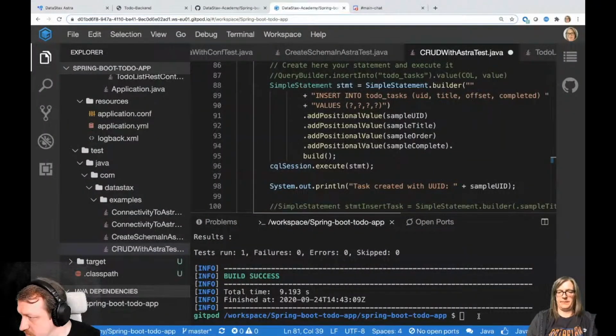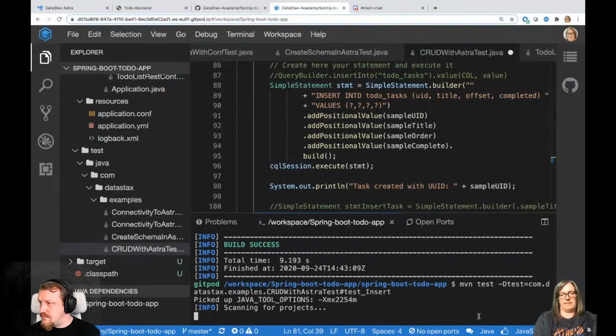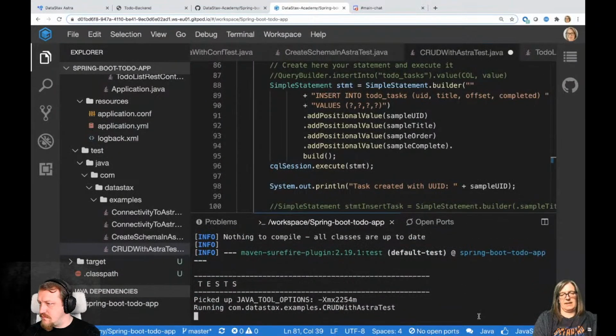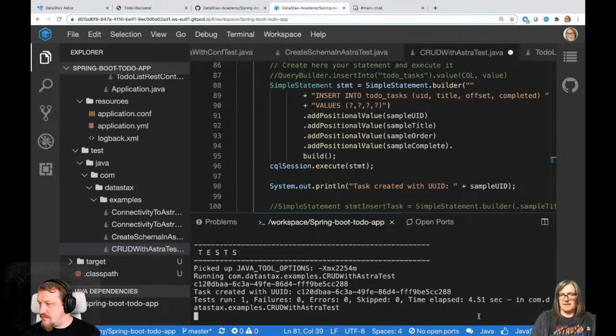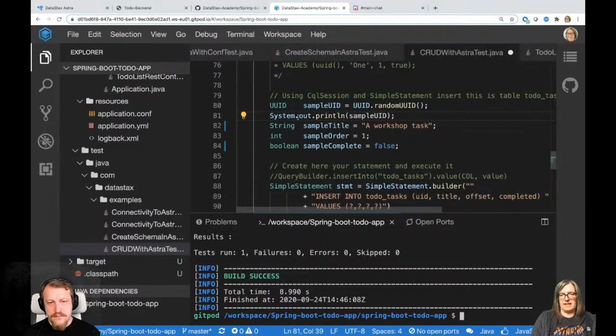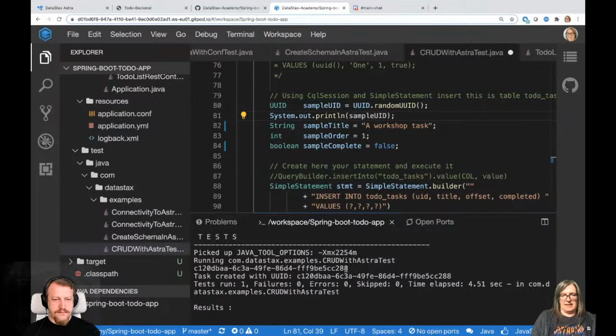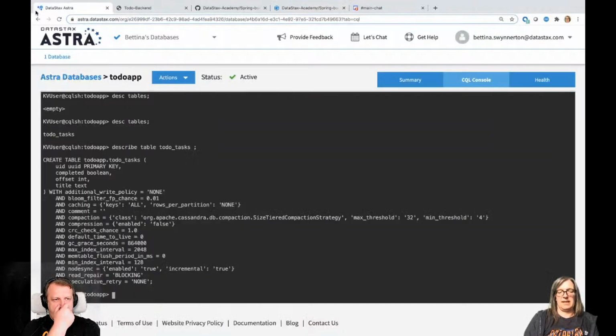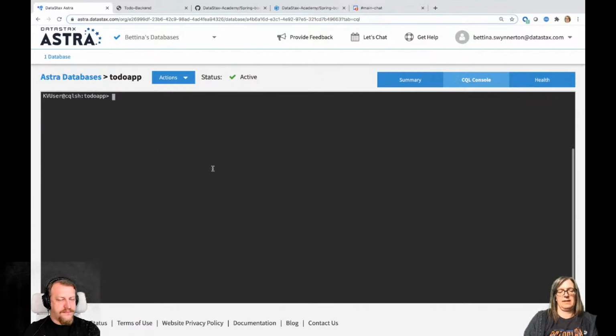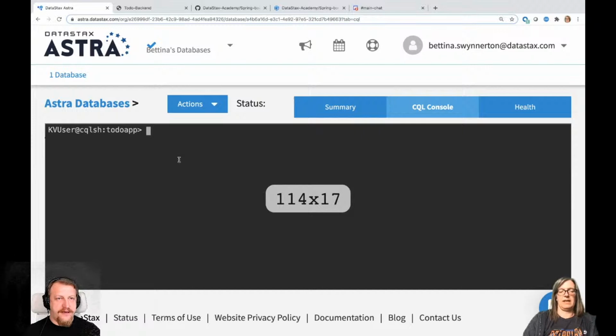Put that in. Again, it's running the test. And here, if you saw, I just printed out the created UUID. So it's printed that one out. Not very fancy. So this is the UUID that was created, and it ran successfully. So let's have a look in our Astra database and just make this a bit easier to read for everybody. Is that big enough, actually? So yeah, it's pretty clear. At least on my screen, it looks very good.